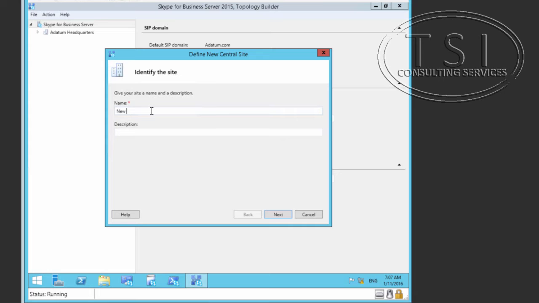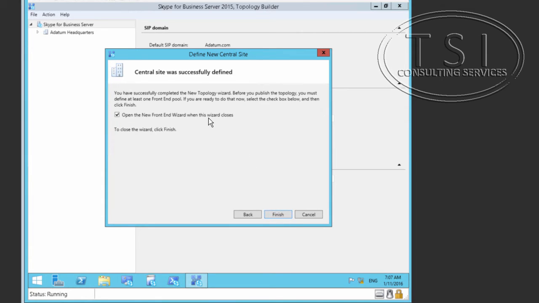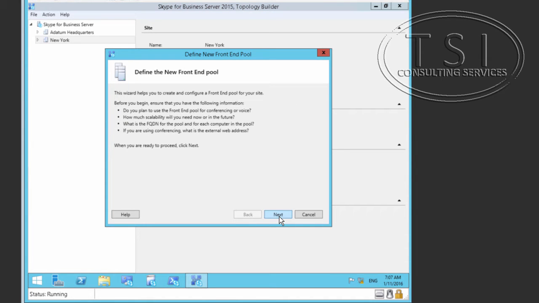New York. City is New York. I'm going to open the front end wizard and just close it for now. Before I define this new front end pool, I'm actually going to go to